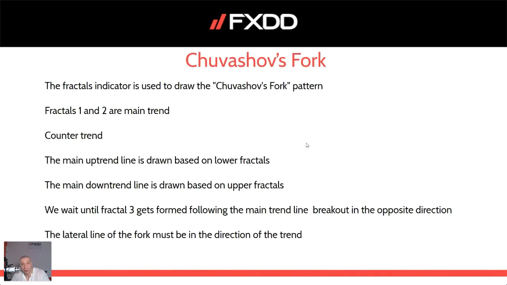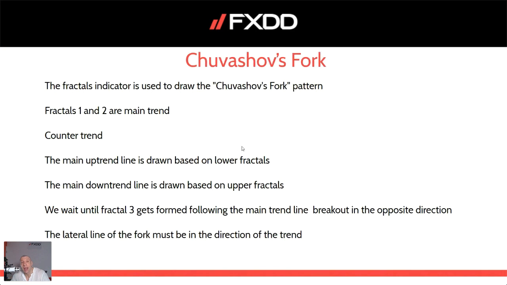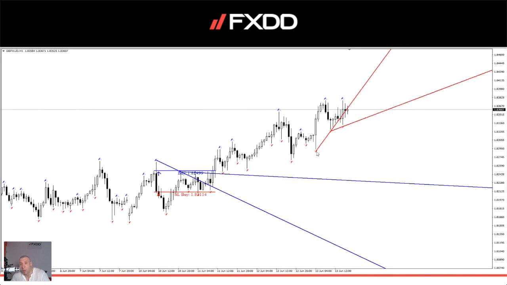Okay. The main downtrend line is based on upper fractals. When we have an opposite move, like it's shown here, we actually have an uptrend line. So the uptrend line is based on lower fractals, and point 3 is similar. So we have one fractal, we have another fractal, and we draw a trend line. Now we also need to have either 2 or 3 touches of the lateral line. Point 1, point 2. If this makes a point 3, you wait for the breakout in the opposite direction.